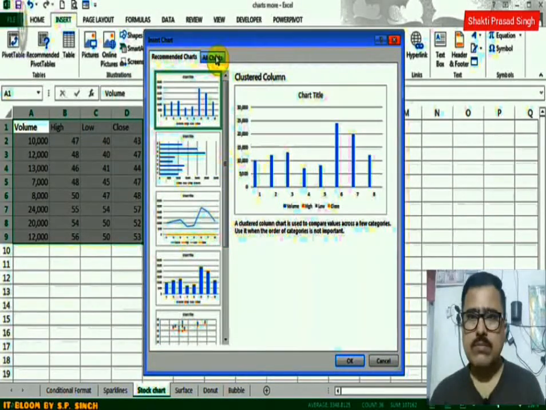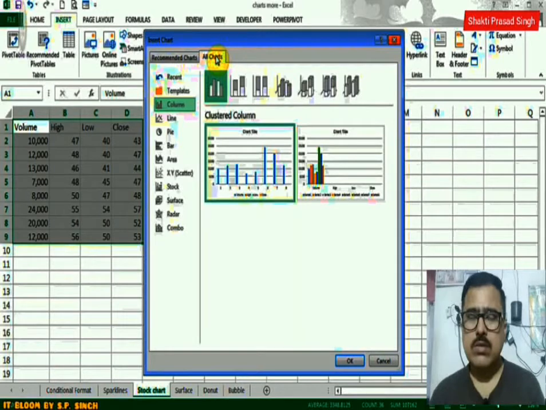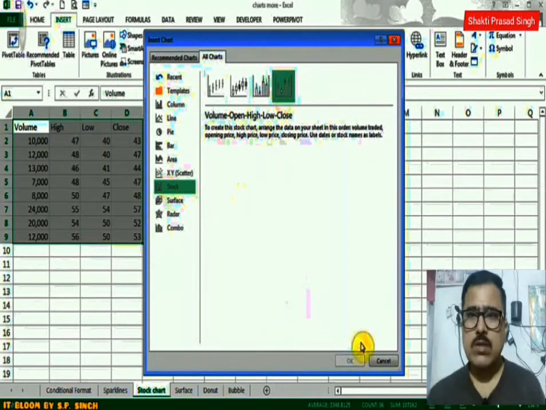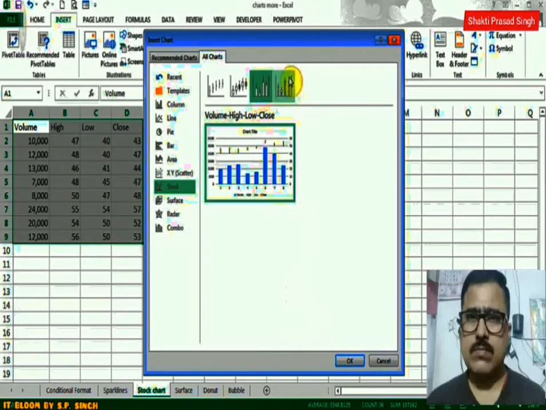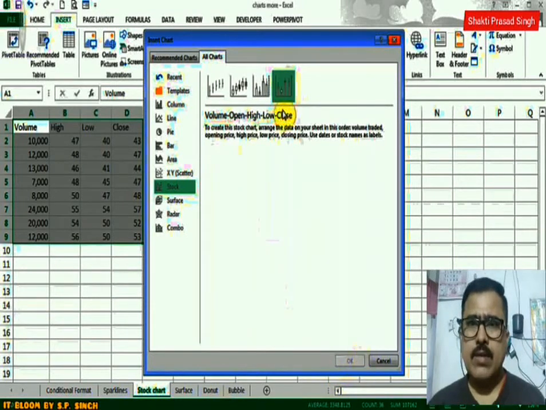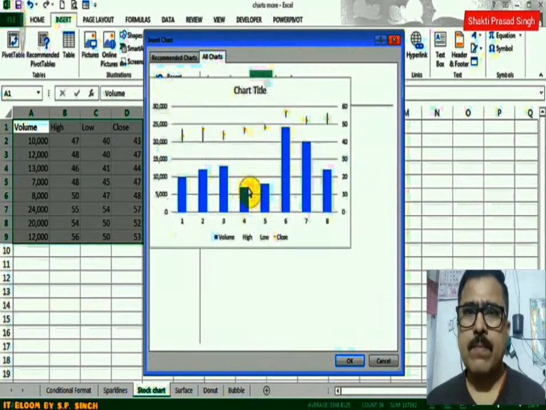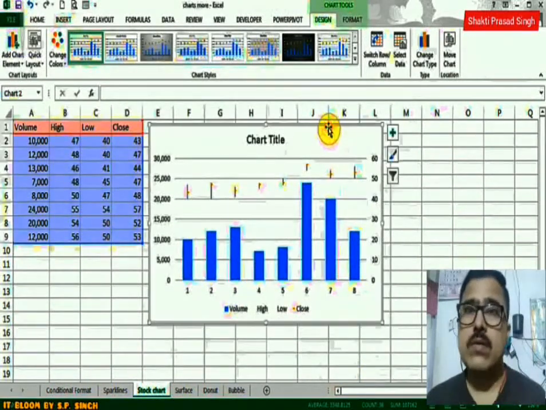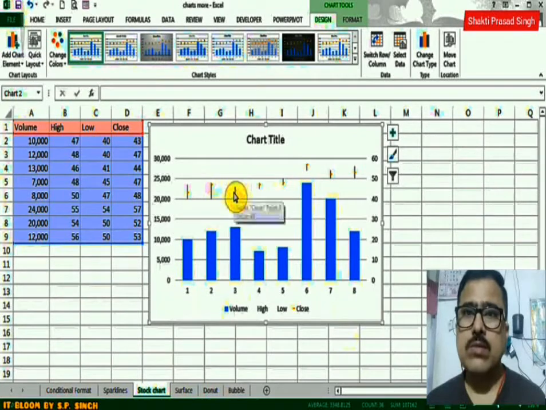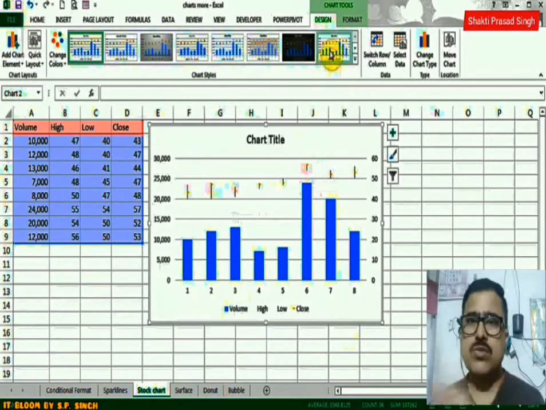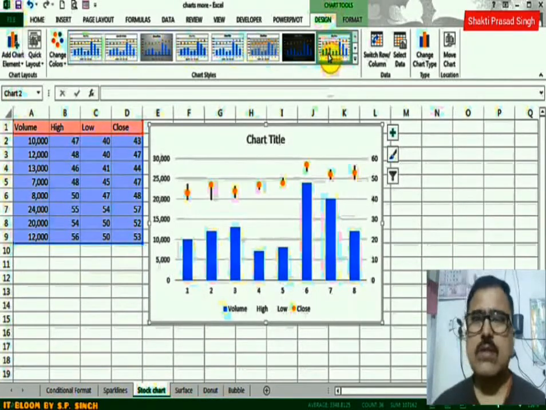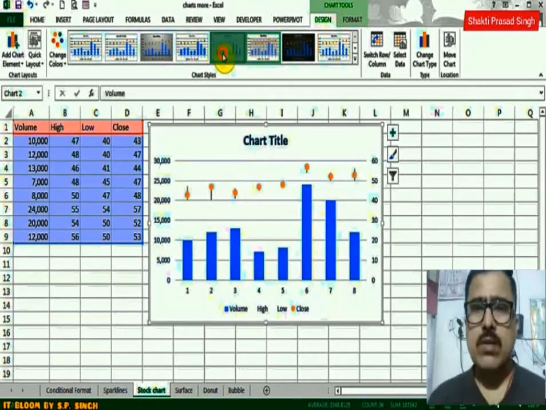So they are recommending some of these, but I want to go to this all charts section, and then from here go to stock, and I can choose, say, this one, and maybe this one. I think for some reason this is not allowing me to click OK. I don't know why. So this one, and I can click OK, and there's my chart, and you can see how it shows the lines on the top, and you can change it to any of these designs, the chart tools up here, to different kinds to make it look nicer,